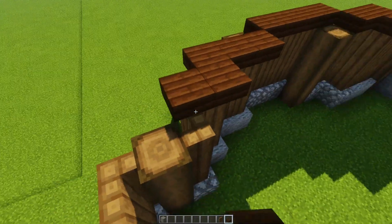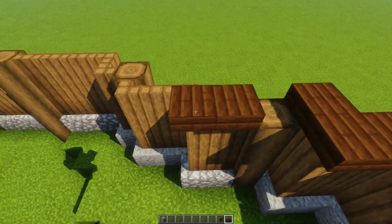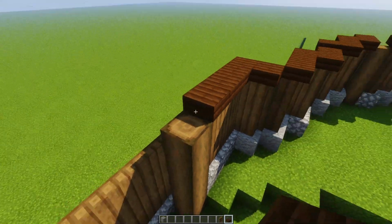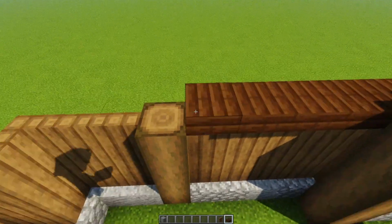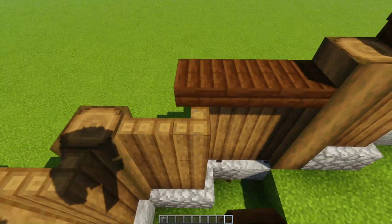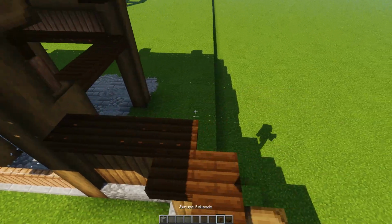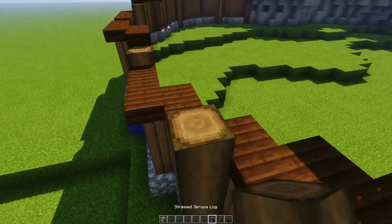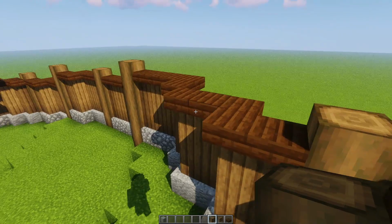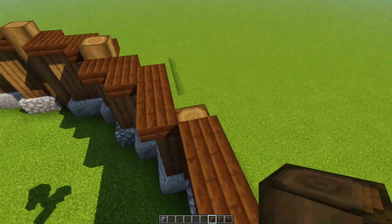Because with smart, large animals like this, that have the ability to use tools, you probably want more than one door they have to get through to escape. I might be wrong, but that's my logic here. I feel like that would be something you would want, but who knows? Maybe that's not what people would want to do with an exhibit like this. I think it is, but